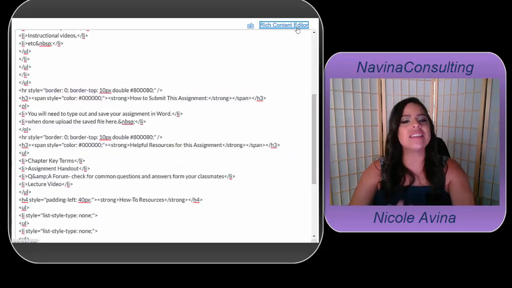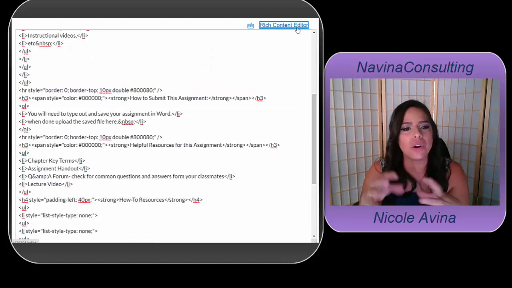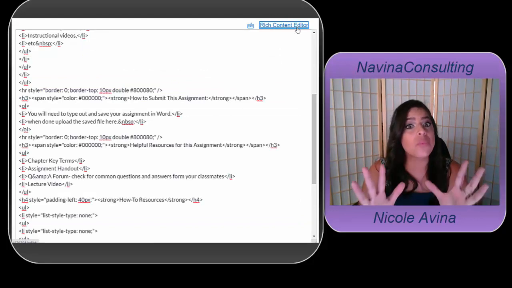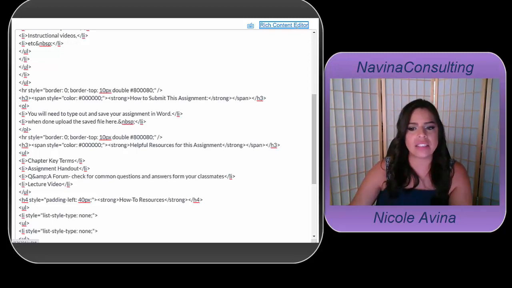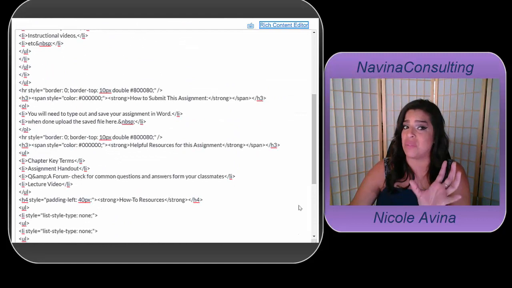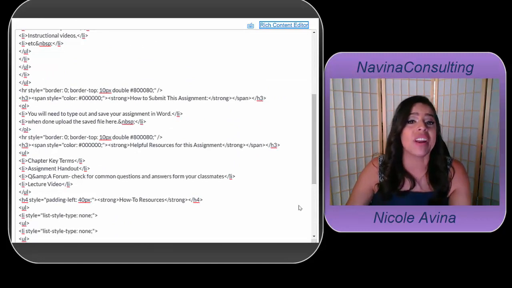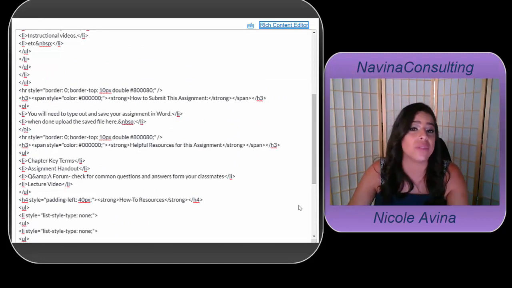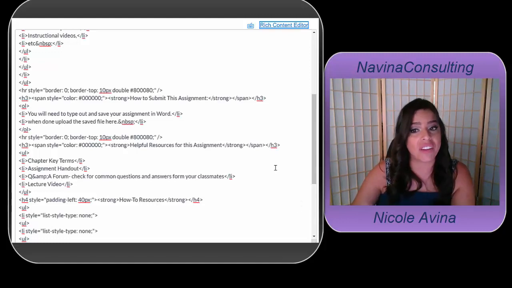Okay, so we did everything here. We added our code, we pasted it, we put it above every area that was an H3. So now when we're done, instead of hitting save and publish, or save because we don't really know if it was typed in right, maybe we put an extra space in there so it threw off the code and now it doesn't pull through. Well, to verify, you just go to Rich Content Editor, so you hit the blue lettering